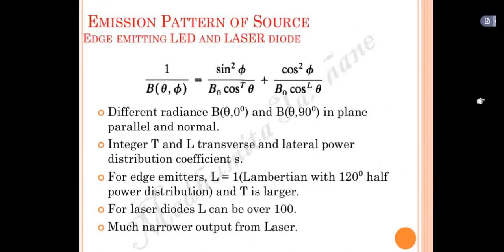Clear? Next, how to obtain the emission pattern of a source from edge-emitting LED and laser diode, for both LED and laser diode. If you want to find their diode analysis, how do we get that, and what parameters does it depend on? That is called the edging part. The main part of edging would be its angle, right? So the angle is one of the things that determines that pattern, and we always try to make the angles go in one direction.